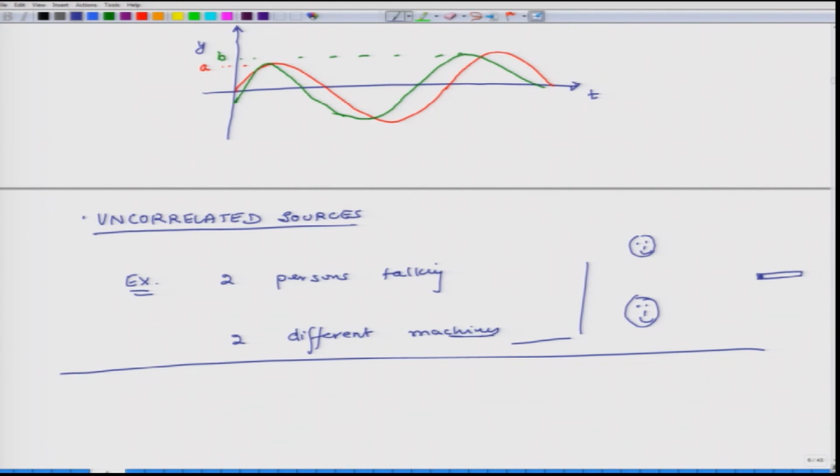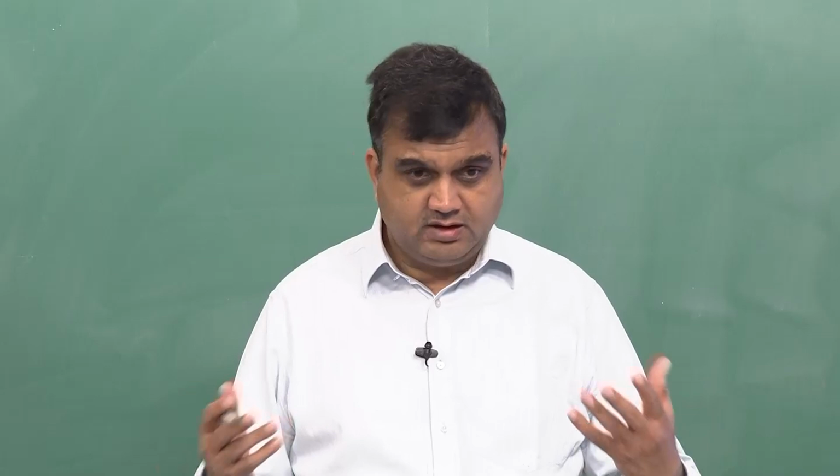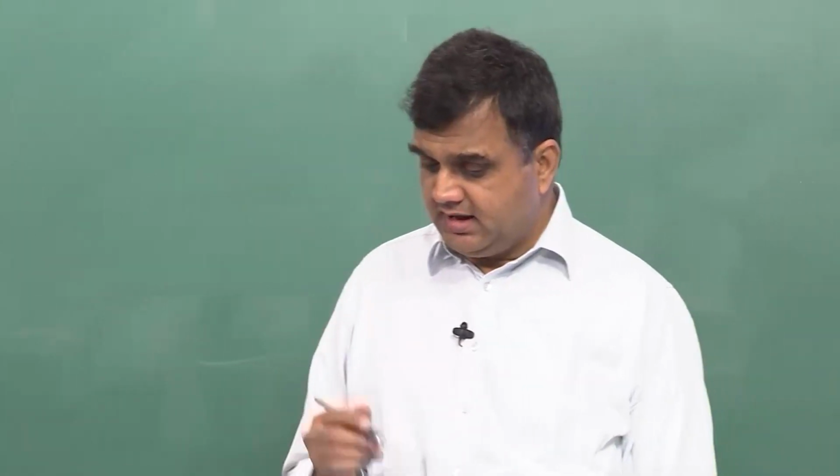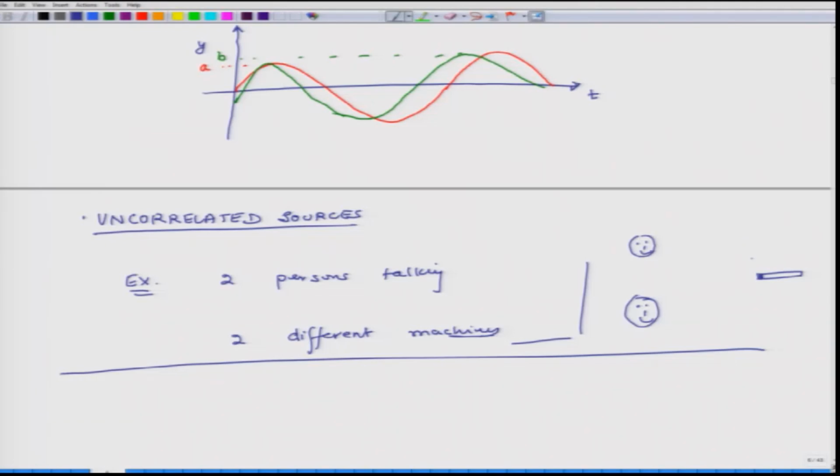I do not know what is the mathematical correlation between the signals coming from these two individuals. So, I cannot add up these two things, but what I can do is compute the energy which is coming at this point from source 1 per unit time, which will be W1, and I can also measure energy coming to the location of the microphone from source 2 per unit time, which is W2, and I know